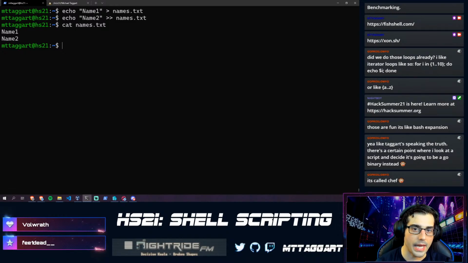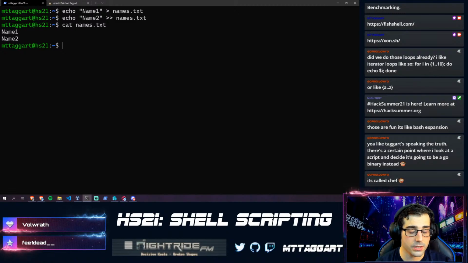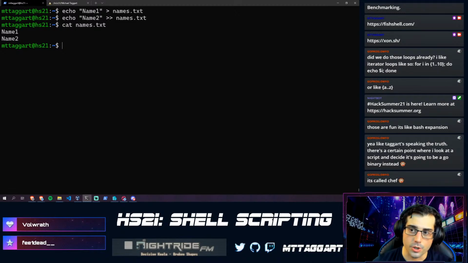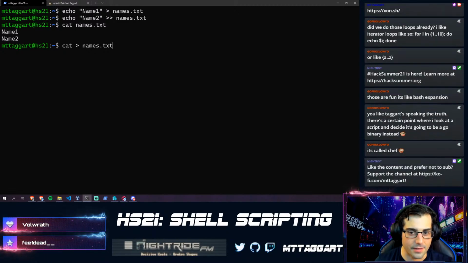So something that you can do, and you can script this, especially, this is really handy if you want to generate a config file or something like that, is use the here doc syntax. Here's what this looks like. So to do this, we're going to try cat to names.txt, but then what? We forgot to cat a thing. What are we catting?